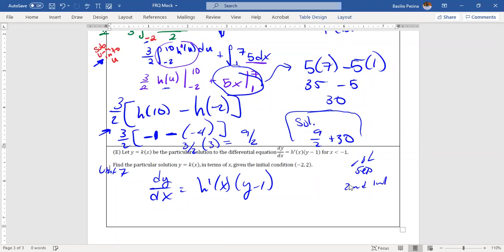Second, you integrate. Third, you find c given the initial conditions, stuff like that. So I want you to try that one. I feel like this might be a little overwhelming, because I know when I first saw it, I was like, oh my goodness. But ideally, this is not. I don't want to say this is what they're going to do, but since